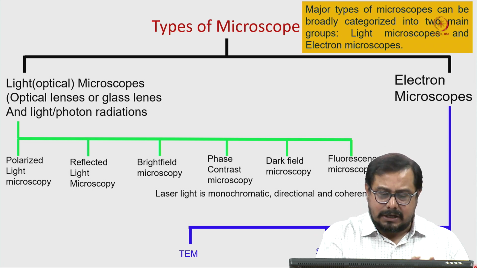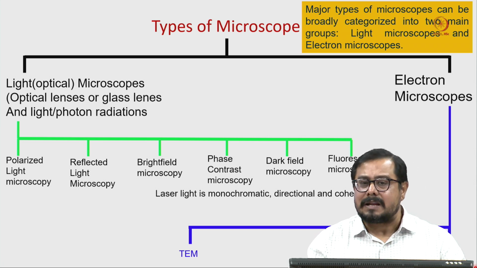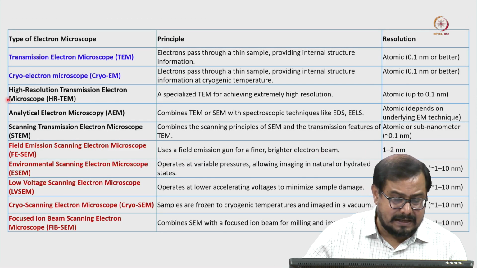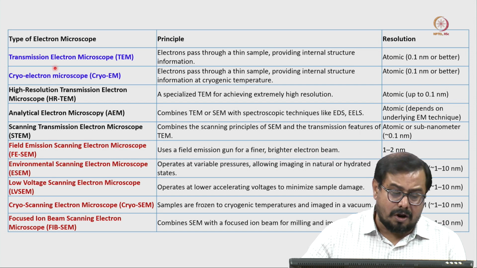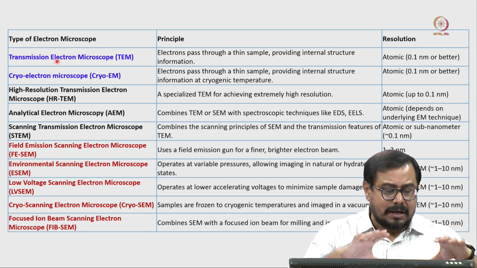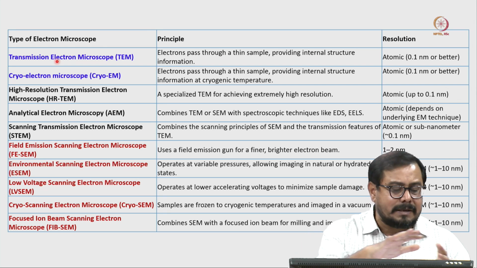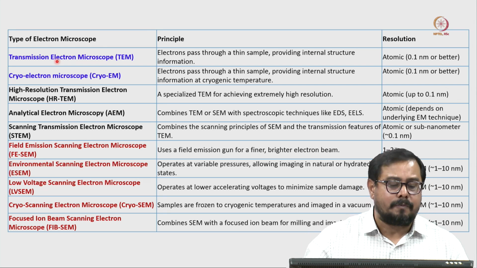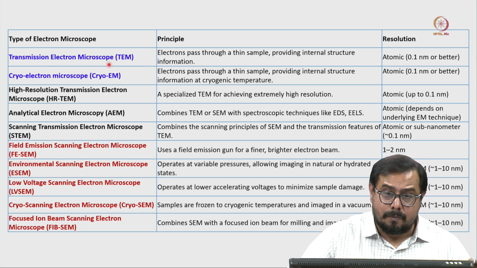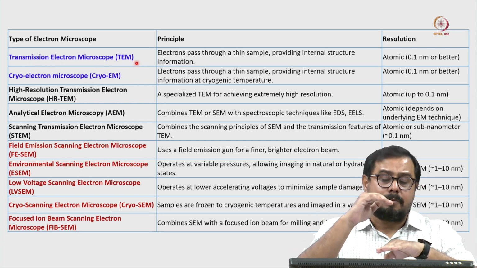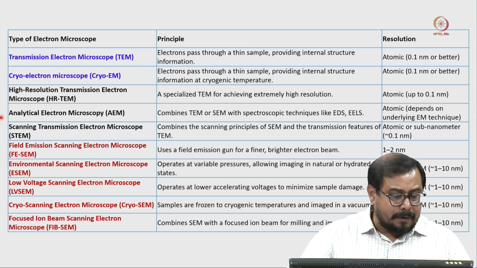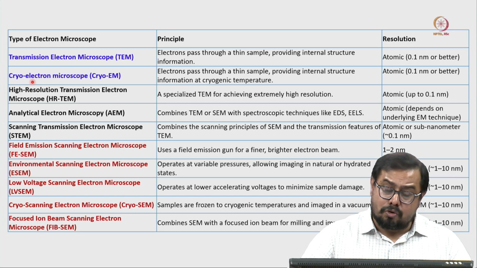That is the reason two different types of microscopes come into the picture. Here is one very simple table. We do not have to pay attention to all of it, and again I am telling you this is a very simple classification. We cannot classify all these electron microscopes here. The blue color shows the transmission electron microscope, which uses a transmitted electron beam, and we can use it for biological science research purposes. And just below that one is the cryo-electron microscope.